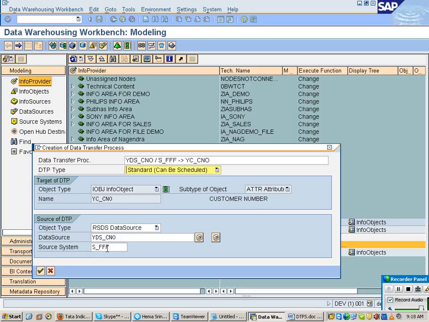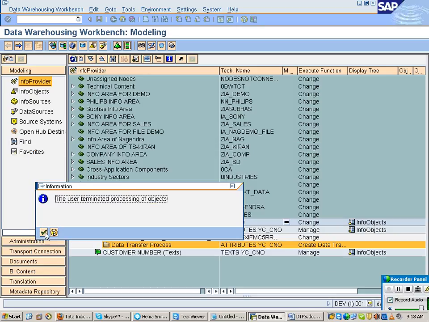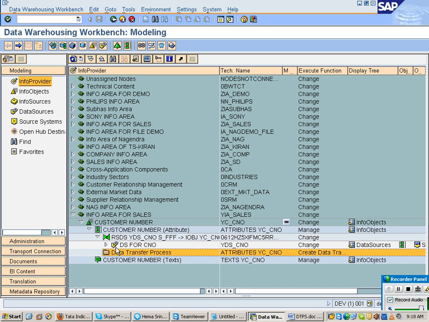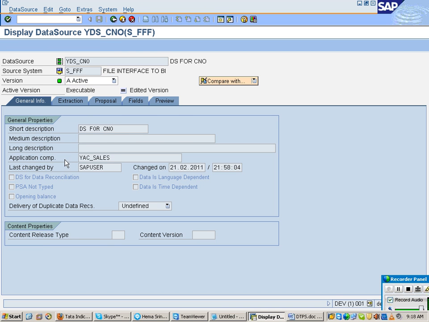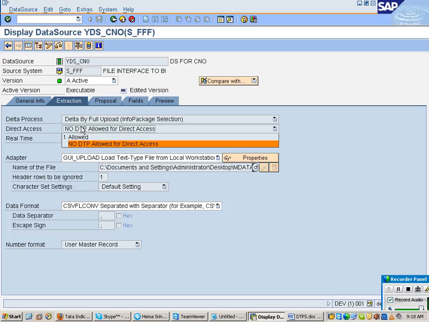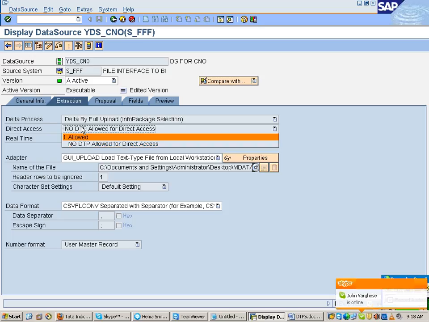Where did I specify it? While creating the data source, what did I say under direct access? One setting was there, which I showed in the last class: no DTP allowed for direct access. If I select that on this data source, the DTP you create will be a standard DTP. But if you select allowed, it would have been a direct access DTP.